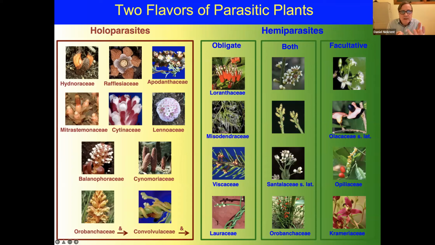Holoparasites not only get the xylem, but they also get the phloem contents, the sugars, amino acids, and all of those things. And that's why they can abandon photosynthesis. But in the hemis, you can see,